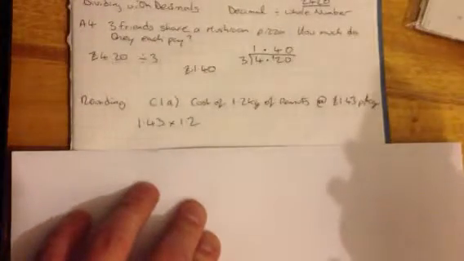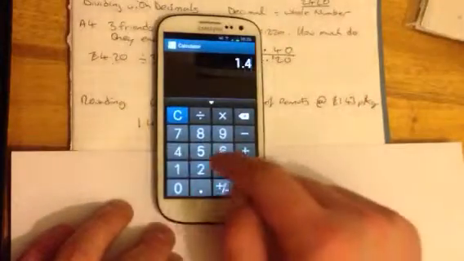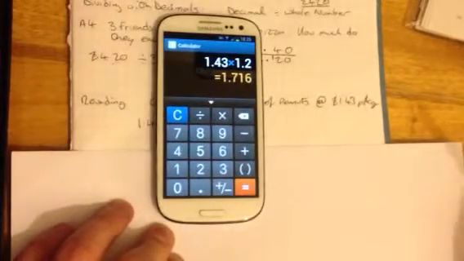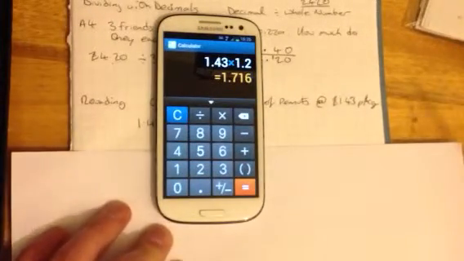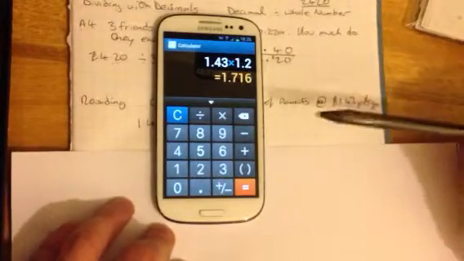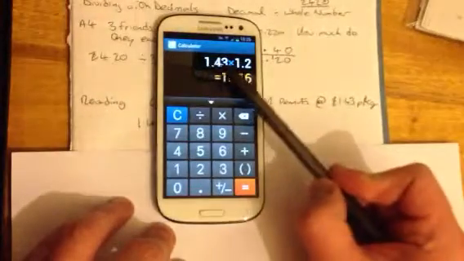Right, let's find a calculator. So our calculation is dead easy. It is 1.43 times 1.2, and we get that answer there, 1.716. Now the important thing we need to do now is round it. So we need to understand what this answer means. That amount was in pounds,